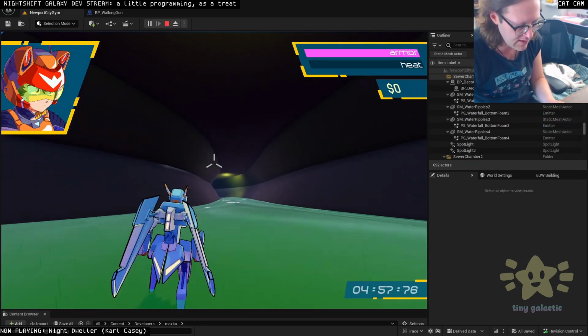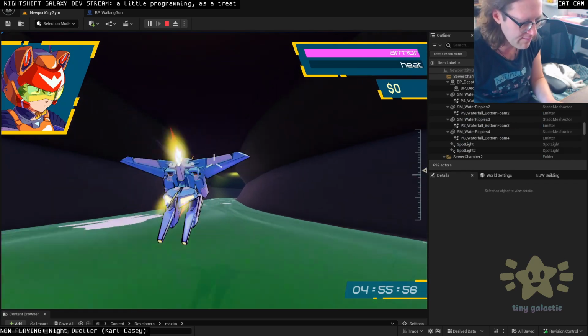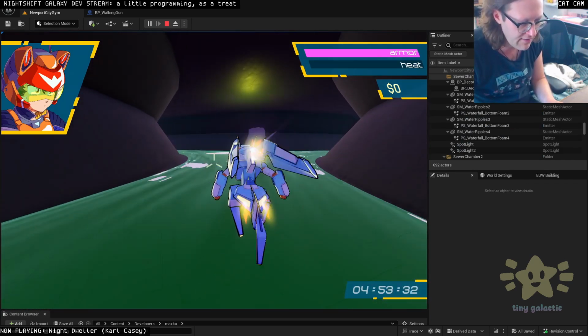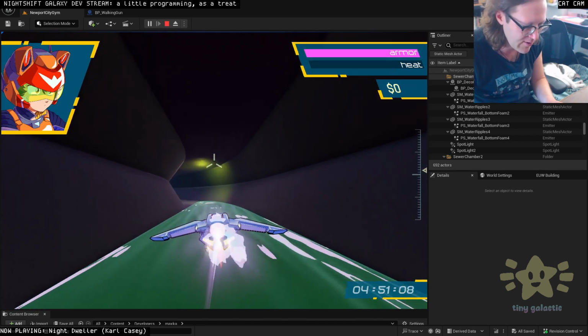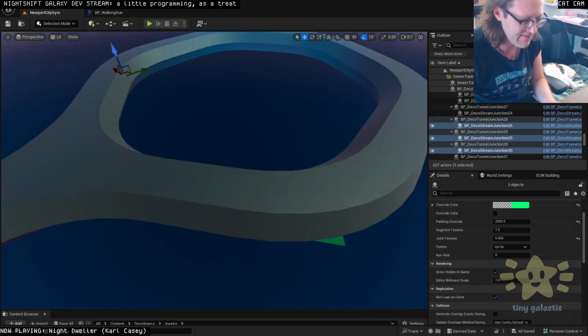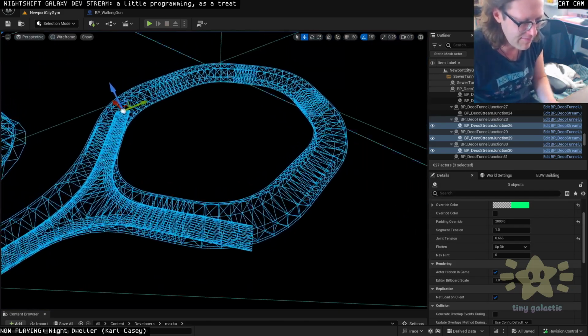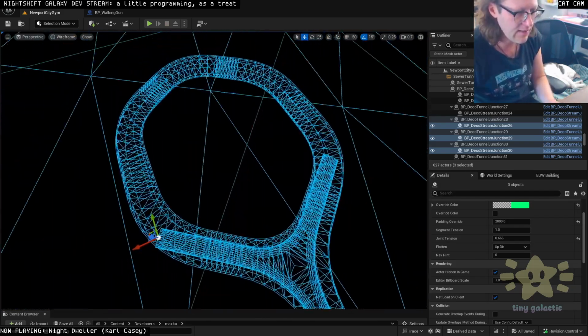But yeah, you can see we can stand in here. It's ankle deep. One day I'll have time to add splash effects. That'll be cool. My time is not today. I've got so much work to do. But so yeah, let's